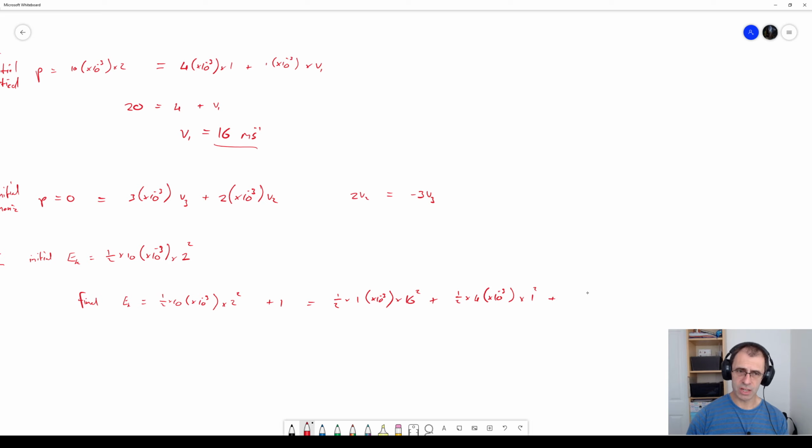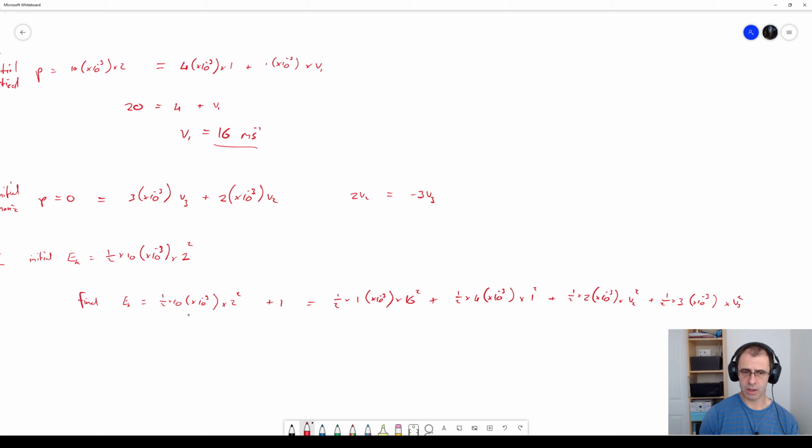Plus then the kinetic energy of the two unknowns: half times 2 times 10 to the minus 3 times V2 squared, plus a half times 3 times 10 to the minus 3 times V3. Oh, no, not V cubed. That would be horrific. V3 squared. Okay, now this equation then, let's get rid of all the times 10 to the minus 3's and all of these halves. So let's multiply through